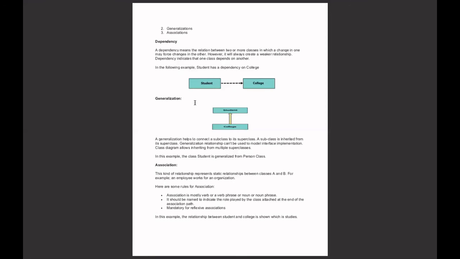Now I'm moving to some rules of association. An association name is mostly a verb, verb phrase, or noun phrase. It should be named to indicate the role played by the class attached at the end of the association path.